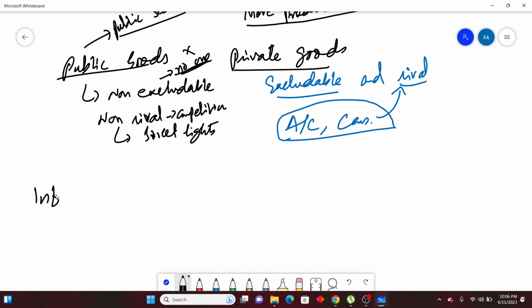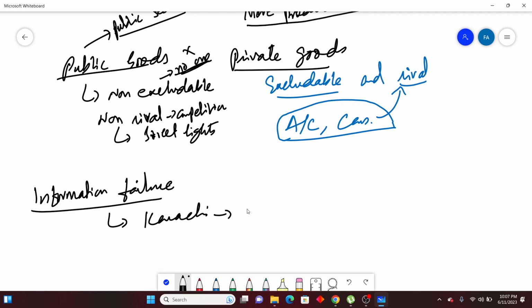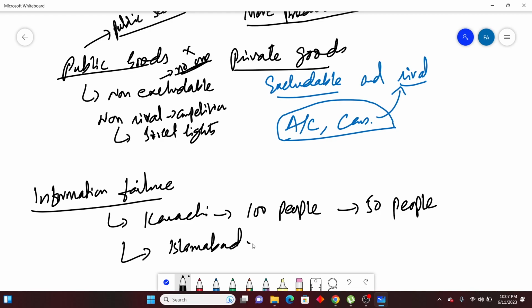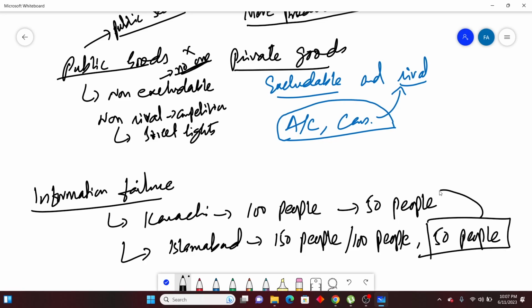Then another reason for market failure is information failure. Let's suppose 100 people are required to work in Karachi, but only 50 people are available. But in Islamabad, which is the capital of Pakistan, there are let's suppose 150 people, out of whom 100 are employed, but there are 50 who are just looking for a job. So these 50 people can be adjusted into Karachi